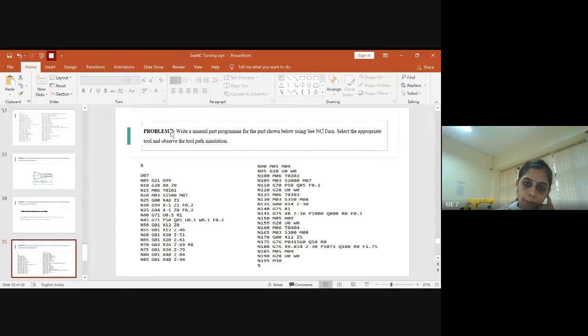Since it is the 7th program, we have just given the name for the program as O07. Before that, you should remember to put the starting character as percentage. You know that we start the sequence from N05, the sequence number. First, you have to select the unit, metric unit. Once it is done, you should see that the tool is in the home position. You can bring it directly to X0 and Z0 by using the G28 code. After that, the tool has to be changed, so to change the tool, you will write M06.